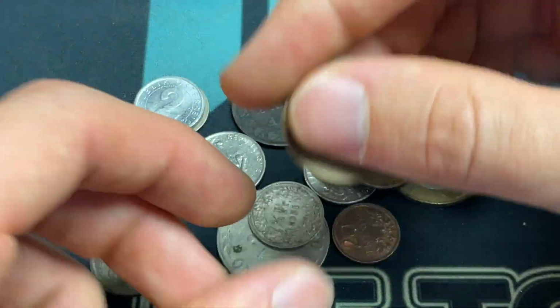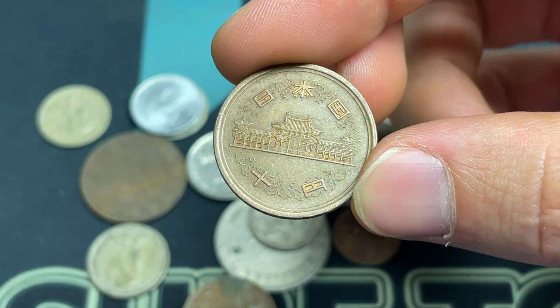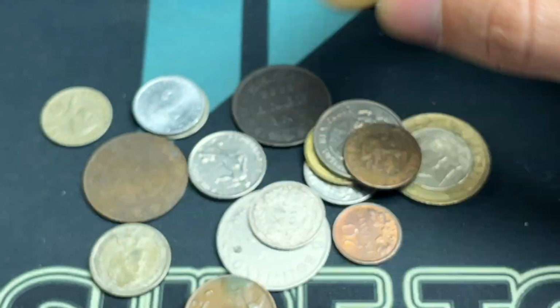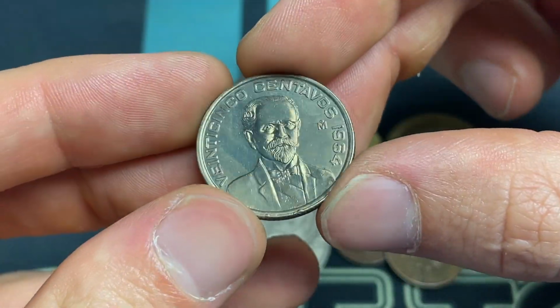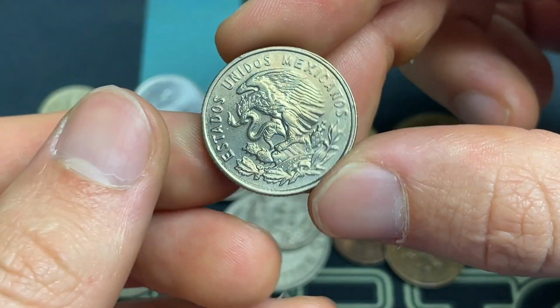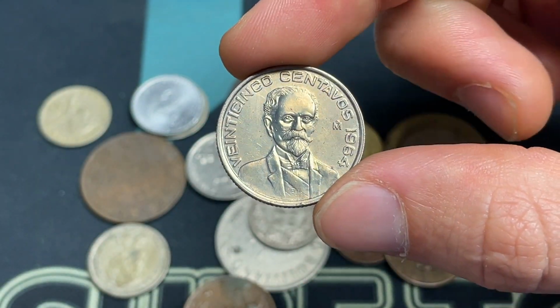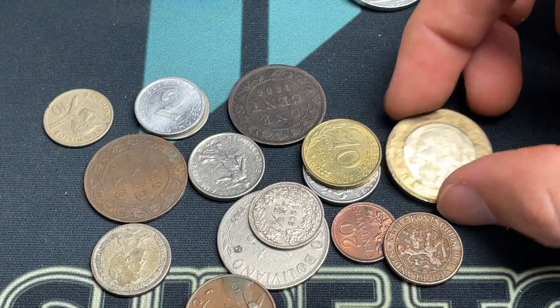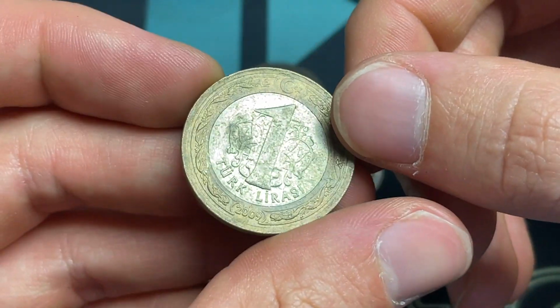We have a 10 yen from Japan. So this is worth, with the recent devaluation, though, probably like 7 cents on the exchange rate. And then over here, we've got a 1964, kind of cool toning, but not really. 50 centavos from Mexico. They've had a lot of devaluation in their currency over the years, unfortunately, but something probably to mention. And then here we have a Turkish coin, 1 lira,